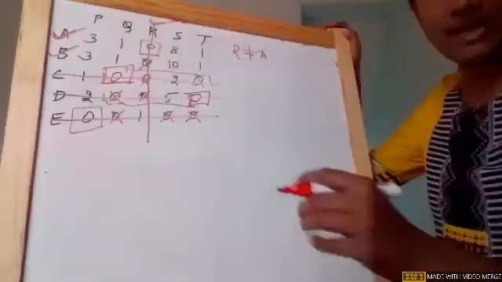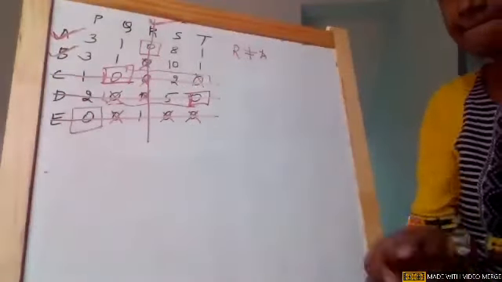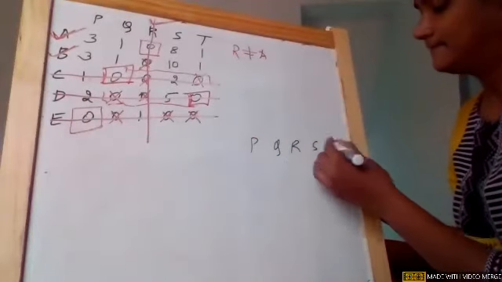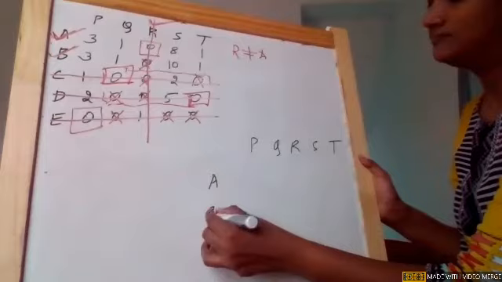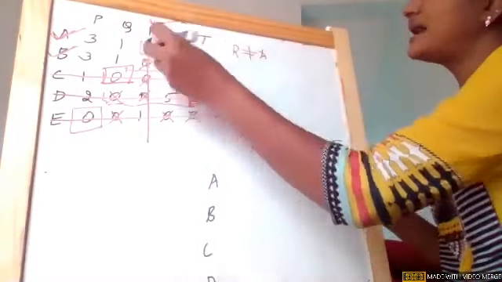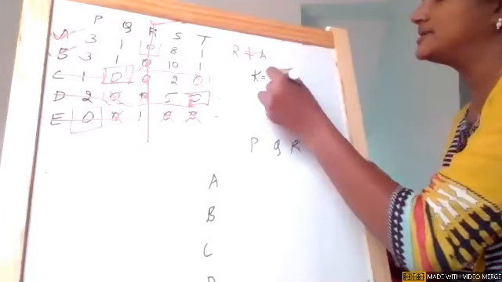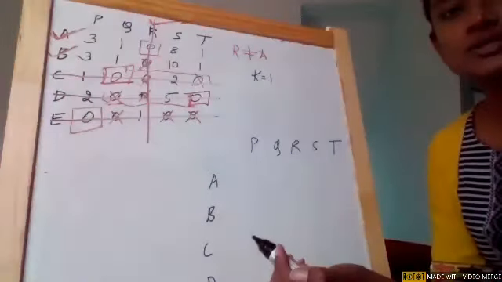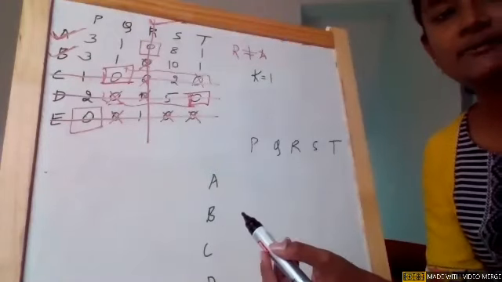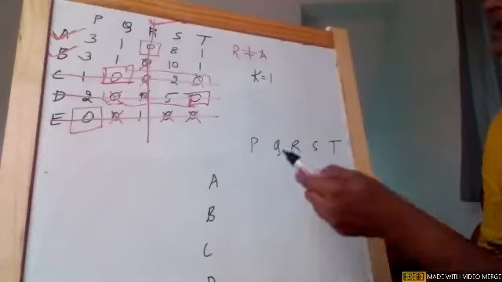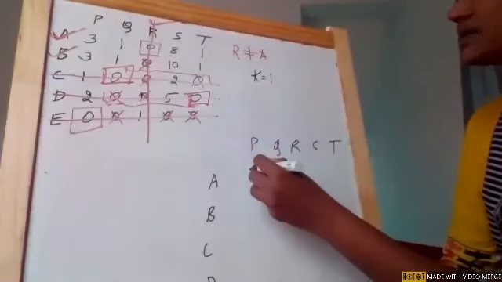So my new matrix is... the smallest value in the uncovered area is k equal to 1. Again repeat the same thing: where there is no line, subtract it. Where there are two lines, add it. And where there is a single line, no addition, no subtraction.